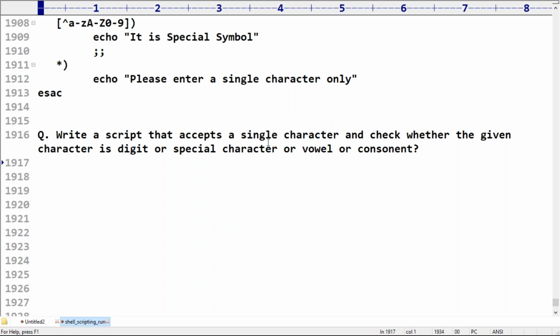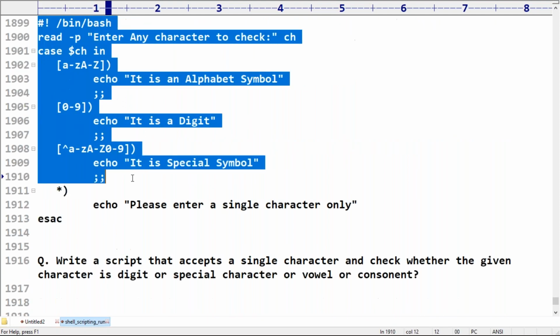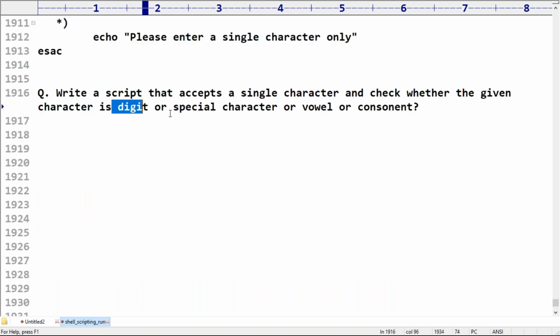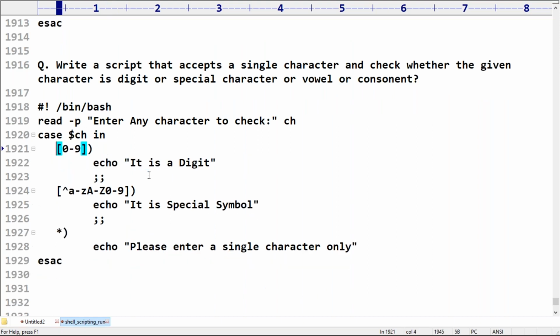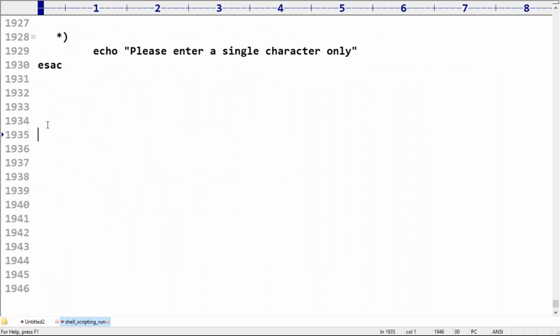How can you do that? Remember very carefully, right? Now the terminology is very simple, friend. Now observe, sir, first thing: is it a digit or not? Is it a special character or not? I will check, don't worry, sir. First I have to check whether it is a digit or not. Next, is it a special symbol or not? I checked. Well, sir, now is it a vowel or not? I have to check. Can you please tell which are vowels? Please respond. Vowels.